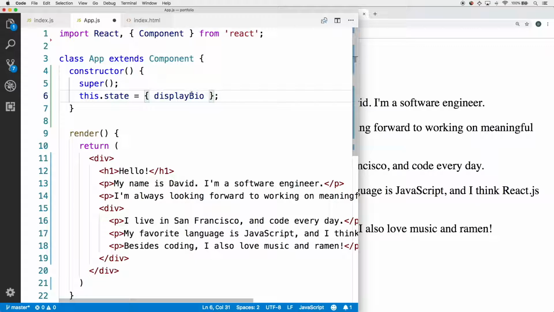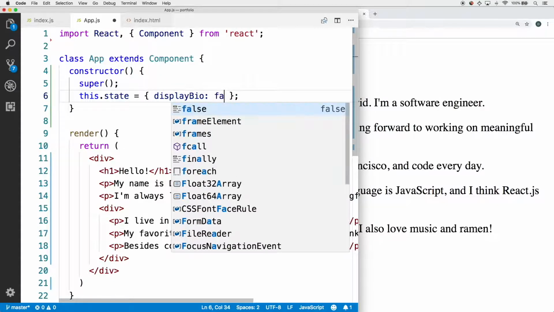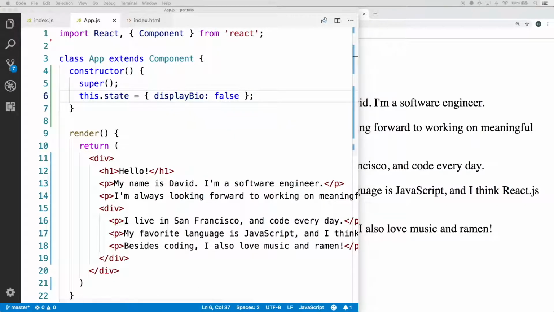Make sure it's camel case so that way the B is capitalized. displayBio is going to be a value which controls whether or not we should show this new section within the React application. By default, let's make displayBio false. Then in the render method, the component can decide whether or not it should display the bio field based on the value of